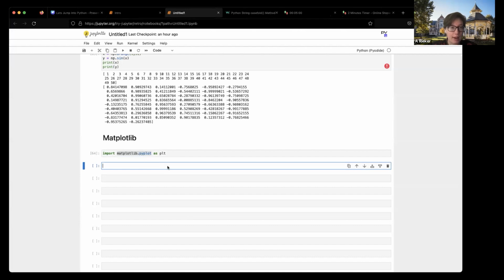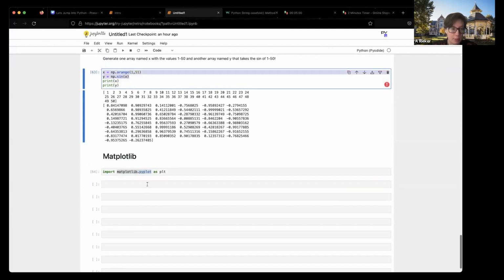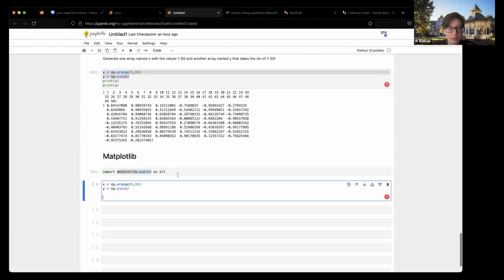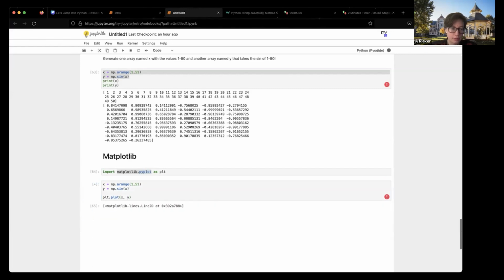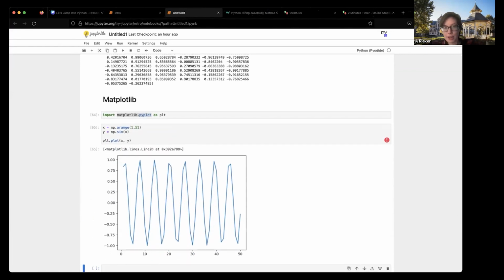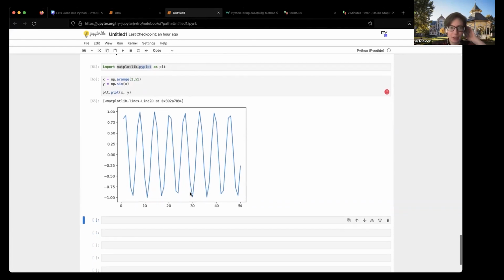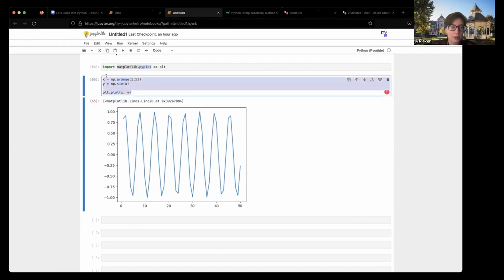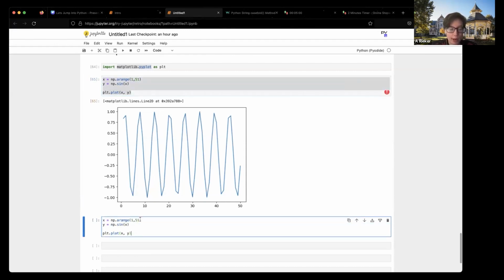Okay, and then we have our x and our y. So we want to copy this in here. And then we want to do plt.plot(x, y). Oh my gosh, we have a graph. Okay, super exciting stuff. It kind of looks a little funky. Oh no. Why isn't it graphing